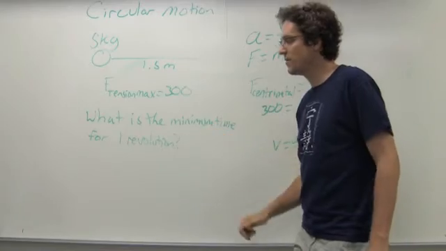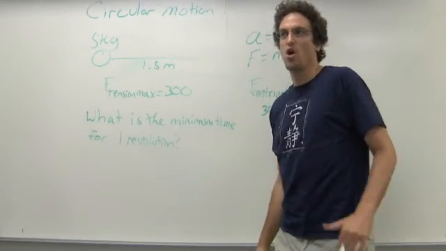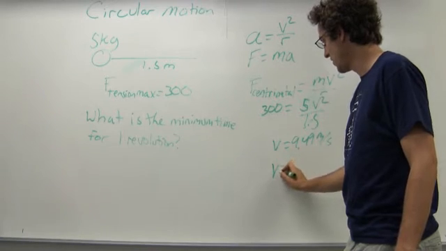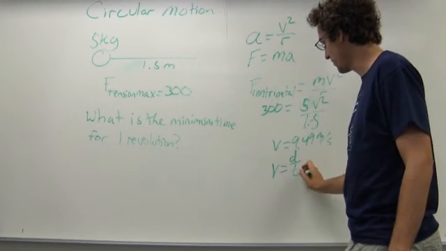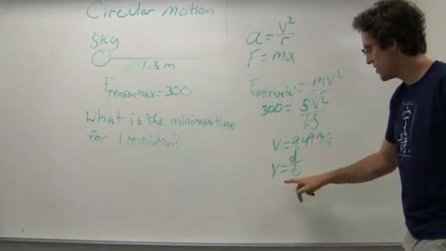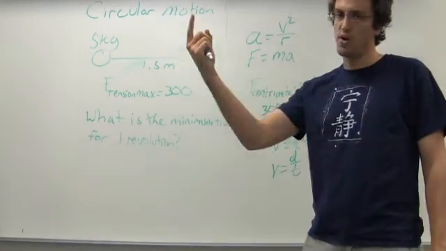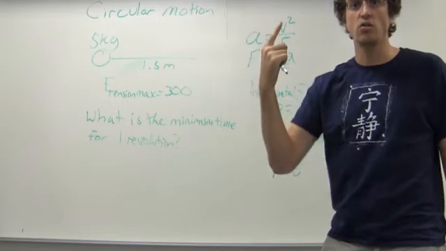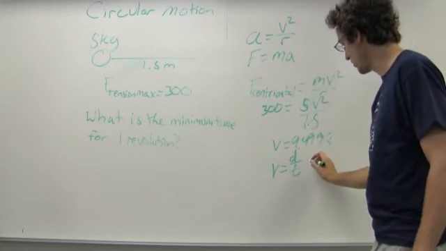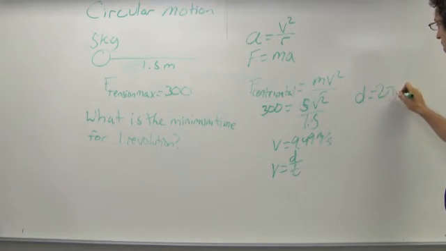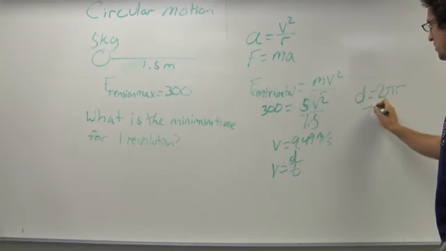We want to know what is the minimum time for one revolution. Well, to get time, we usually want velocity equals distance over time. So we know velocity, we need to find distance. Now we want the distance of what? One revolution. Okay, so that's going to be the circumference of the circle. So our distance is going to equal 2 pi r, or